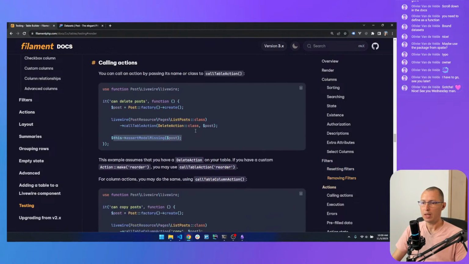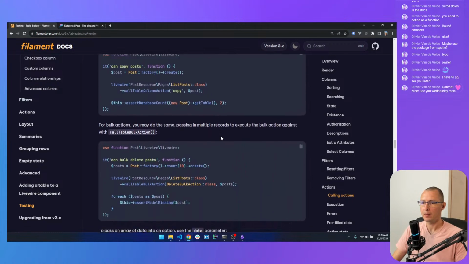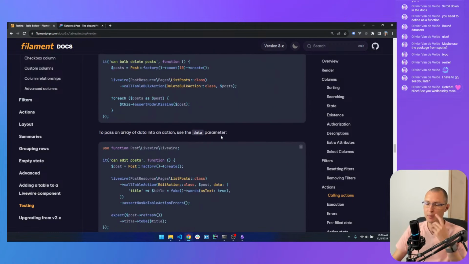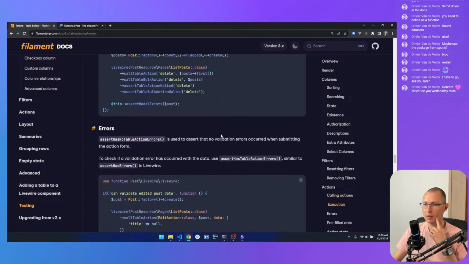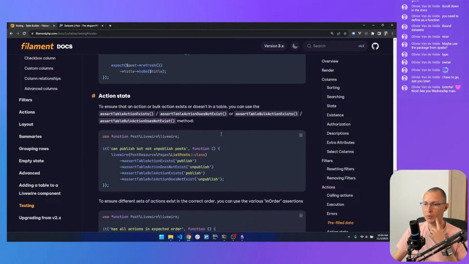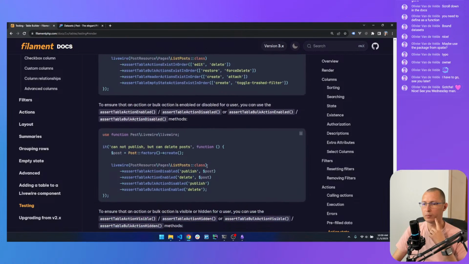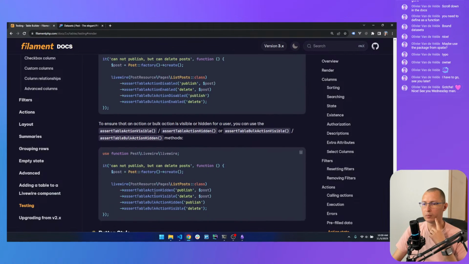Actions, calling action. Where was it? I'm sure I've seen it. Executing errors, pre-filling data. I'm sorry if I'm making you dizzy. Oh, here it is. Assert table action exists, but it's visible. There you go. Assert table action visible.